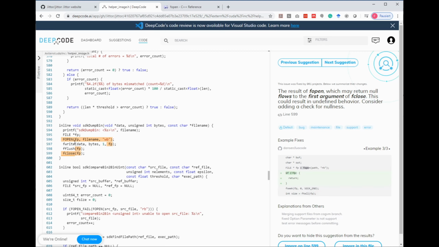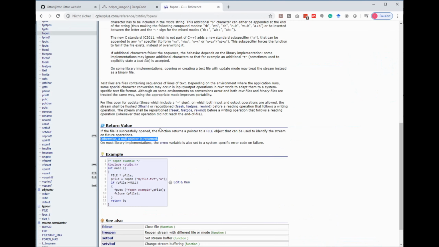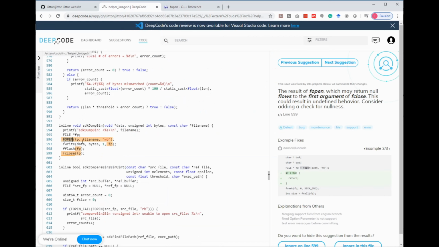call these functions. Now, one thing that we see is this fopen is actually written in capital letters. So it's not the direct function fopen, because the function fopen would look like this. It would give us the file pointer as a return value. And as you can see here, this is not the return value. This is the return value, obviously. This is the file name, and these are the flags that we have. So there needs to be